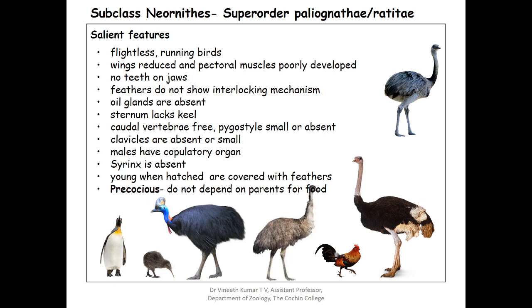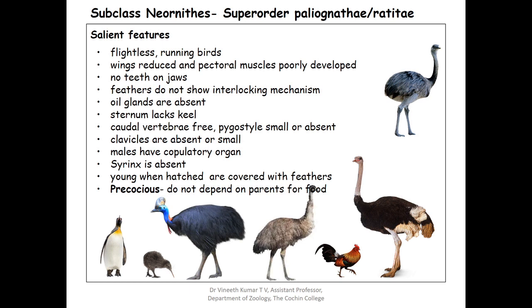This is also another main feature of flightless birds or Paleognathae. The young ones, when they come out, will have normal feathers like that of the adult. But when you compare it with the normal flying birds, you can see that their young ones will not be entirely covered with feathers, or the feathers might not be like the adult one. But in this case, the young ones will be completely covered with feathers. And they also show, the young ones of the group called Ratitae,